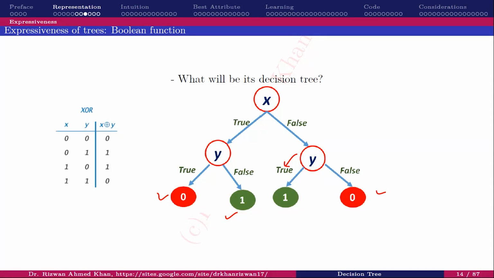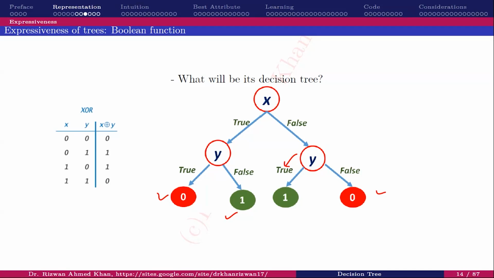This is true as well, but someone said something in between. Sir, I was saying that there are more nodes in the XOR. Exactly, there are more nodes. And why are there more nodes? Sir, because our decision depends on both attributes.